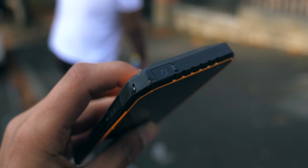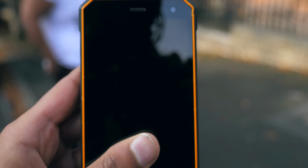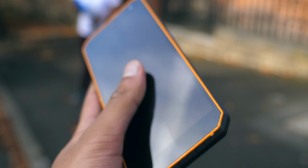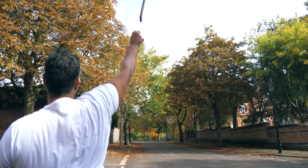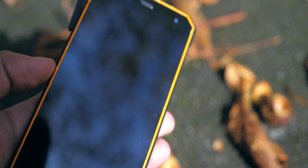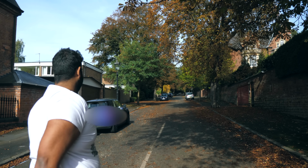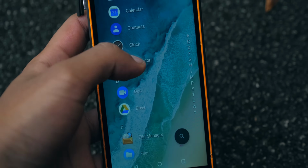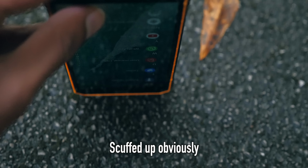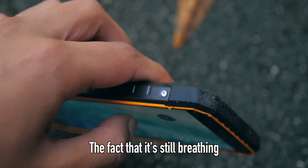And to start with, throwing it along the ground about 10 meters, it was again completely fine. You'll start to notice a few dents in the corners where the impact was, but in a sense this is protecting the main body of the phone. We then threw it into a tree and let it drop, which equated to about 3 meters of distance between that and the ground. And again, we must have thrown it 20 meters forward into a hard concrete surface, but the main damage here was literally just that the SIM tray had come out. Scuffed up obviously, but the fact that it's still breathing